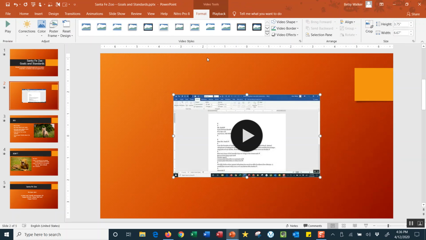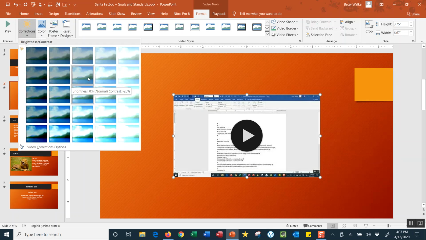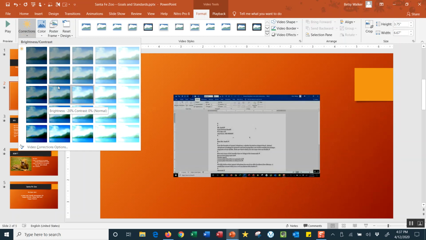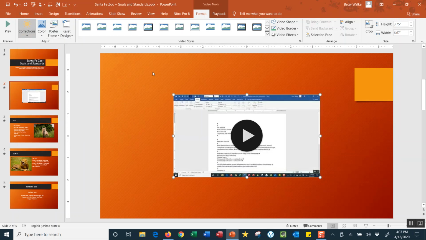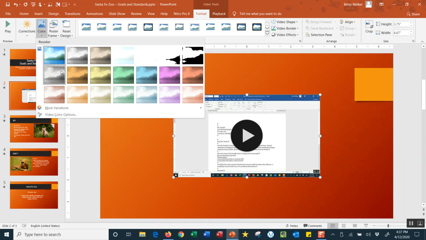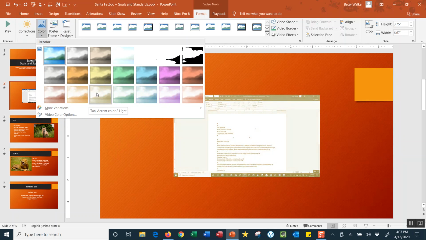Okay, so notice that when a video is inserted into a slide, we suddenly get new tabs on our ribbon. We've seen this happen before, but for other kinds of objects. Here we have video tools for formatting and for playback. For formatting, there are over here adjusting tools on the left-hand side. Corrections allow us to deal really with shading, if you need to make something darker or lighter. Color allows you to apply some kind of a nuanced color over your slides if you would like to do that.